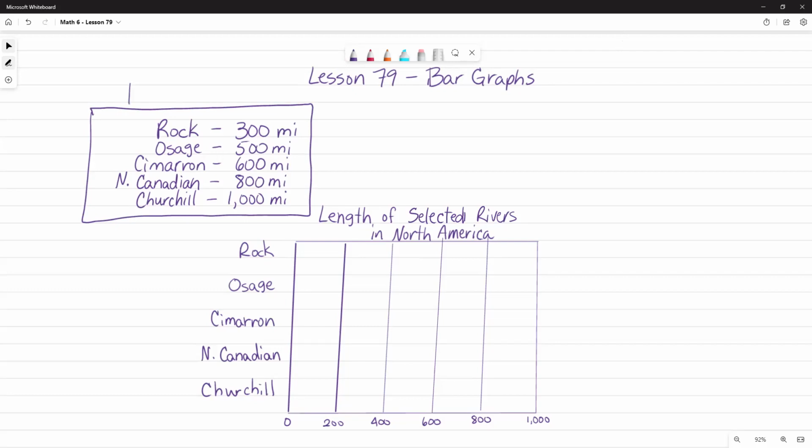It covers just a few of the rivers in North America. This is the information we're going to graph. And then I've separated a graph as equally as I possibly can for each of those. So when we do bar graphs, the example that you have in your book on page